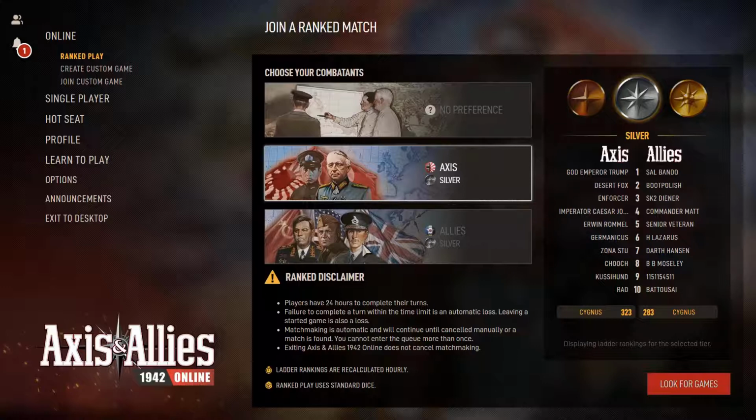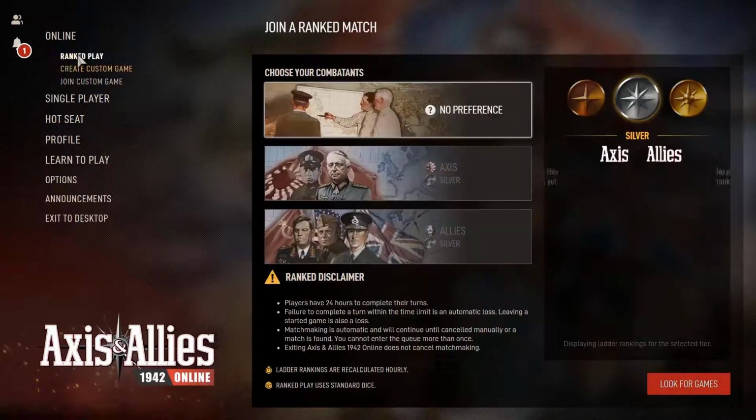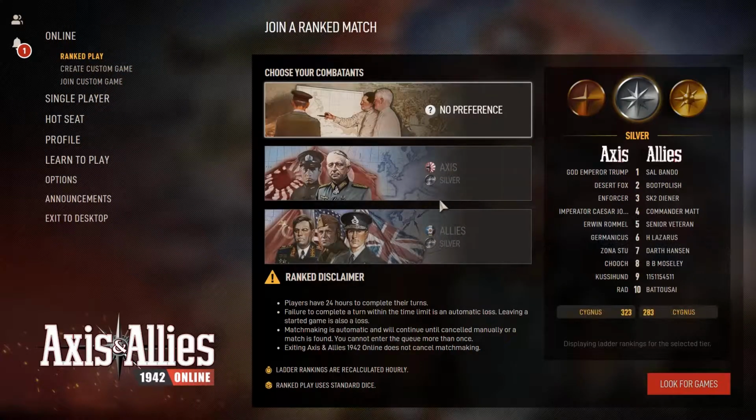At least I'm not aware. If there's a way, please let me know in the comments. I may get a couple things wrong, and I'm looking for some feedback. That would be great. But say I have a friend of mine, I want to play him. I think with a custom game, I can have him join, that type of thing. But we can't play ranked play against each other. I think they just assign a random opponent